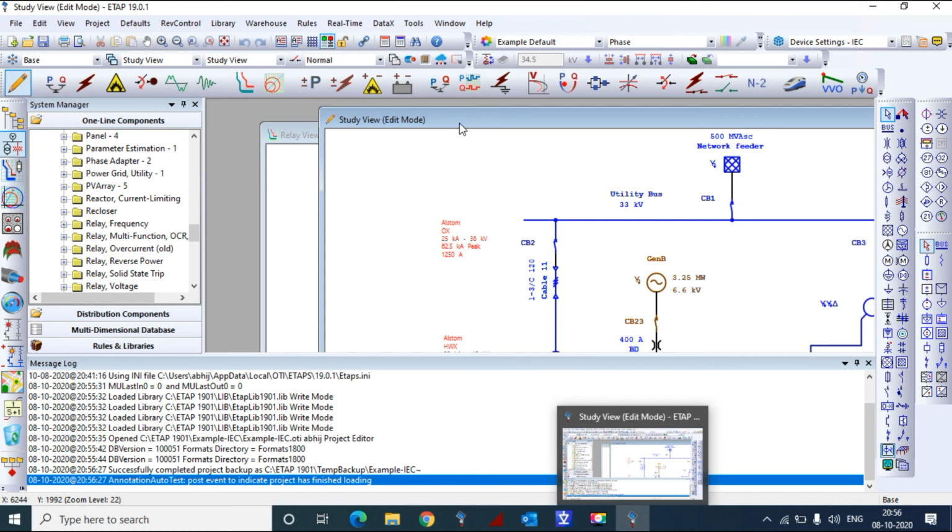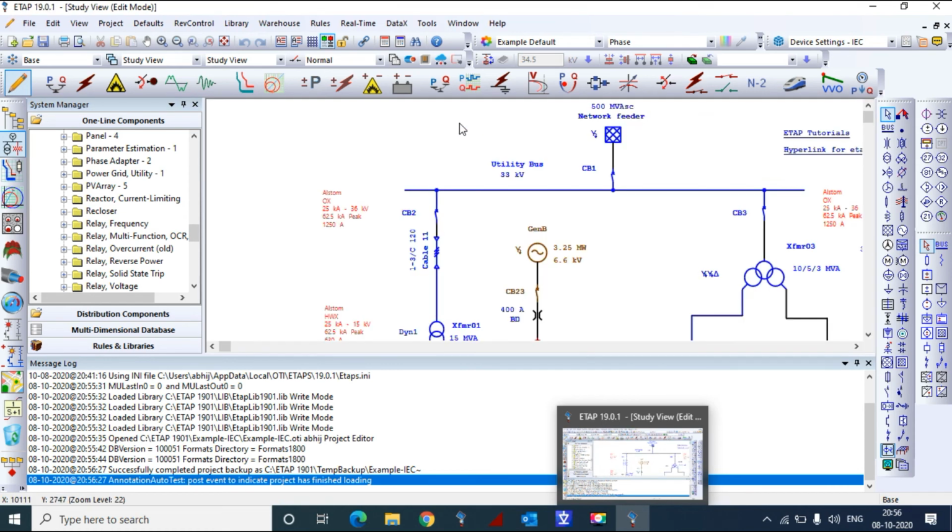First we'll see the edit mode. This is basically an ETAP example, and all the information is appearing live. These are the modules that we discussed just now: load flow, short circuit, arc flash, motor starting, harmonics, transient stability, relay coordination, star protection.